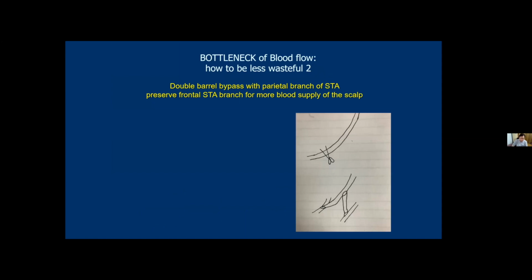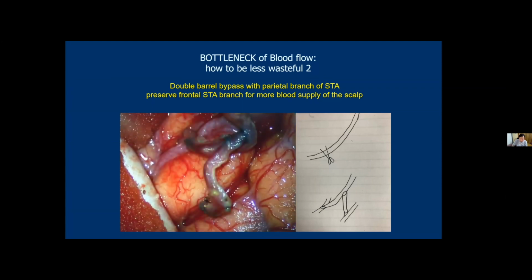So the bottleneck of the blood flow, how to be less wasteful, the second way is to use double barrel bypass with only a single branch of STA. Normally I use a parietal branch. So at first, I preserve the frontal STA branch,